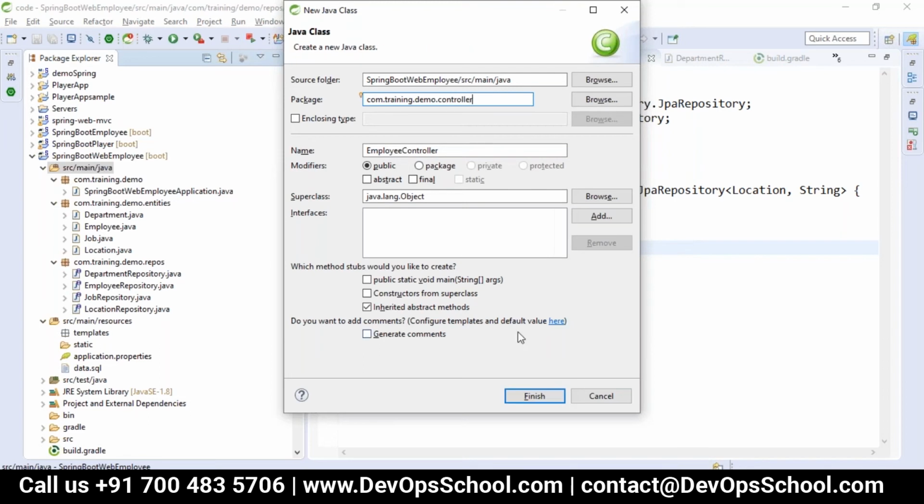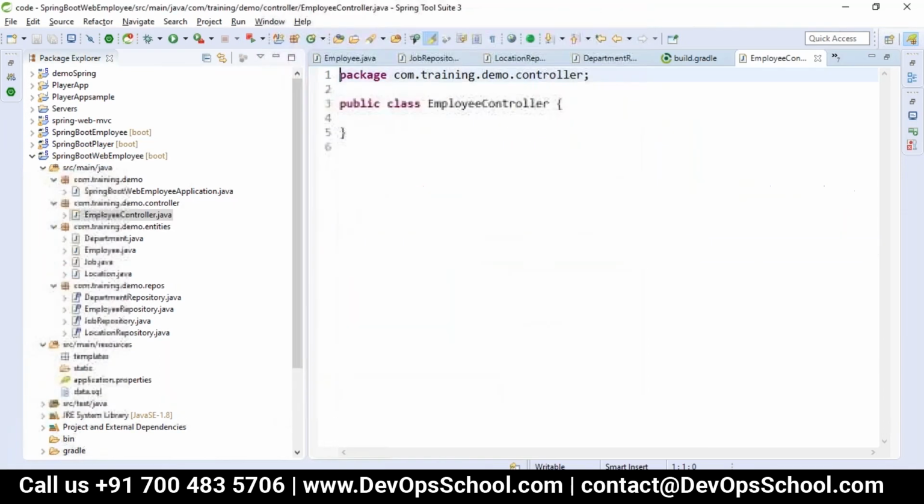So how will this employee controller be working? It's a Spring Boot application. We just started with the Spring Boot application itself. In a Spring Boot application or in a Spring application, everything will be identified by the type of stereotype annotation which you are using. It will treat it as a repository, and it will take it as a service if it's doing business logic. Then how will you enable the controller, or how will this code be working?